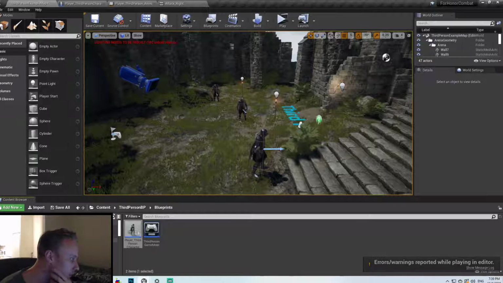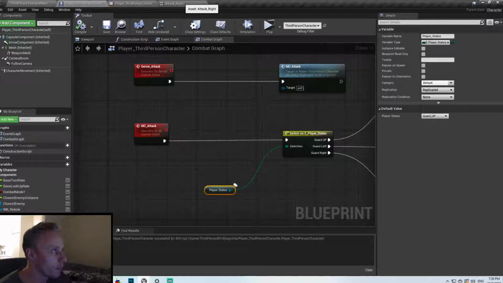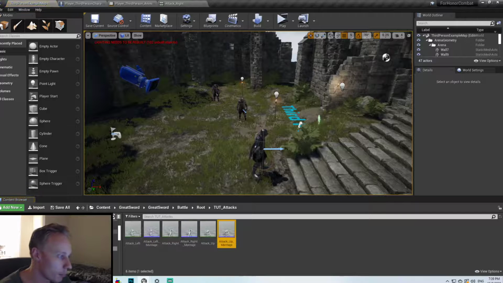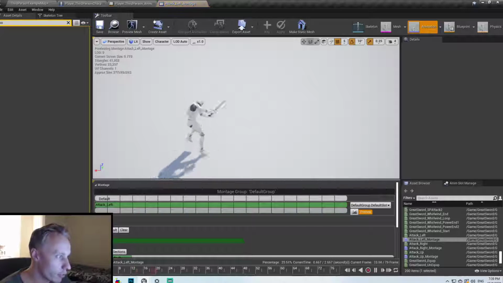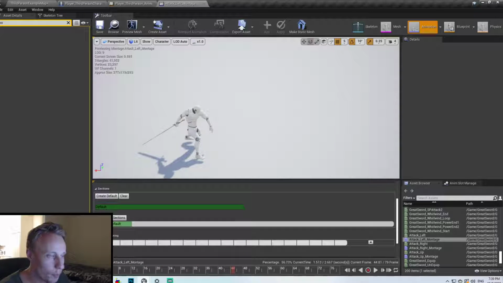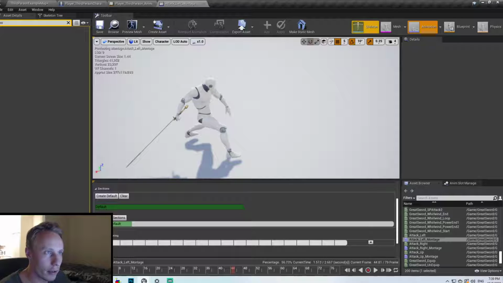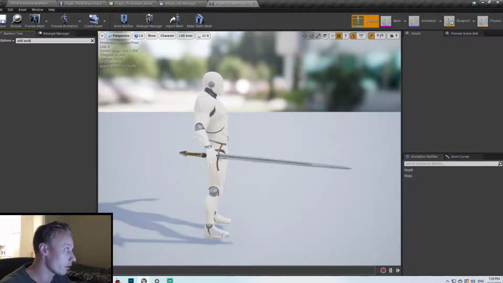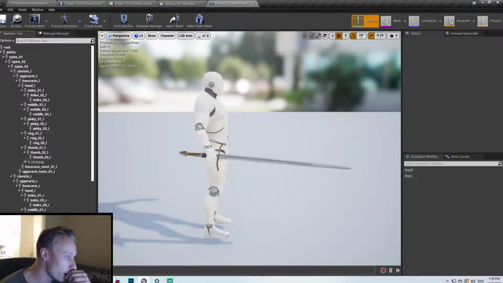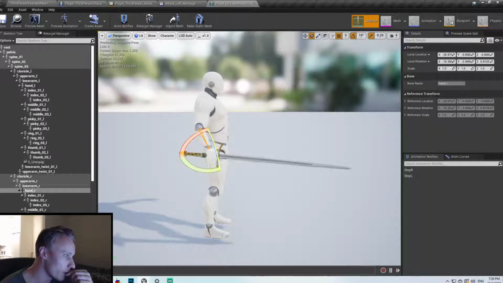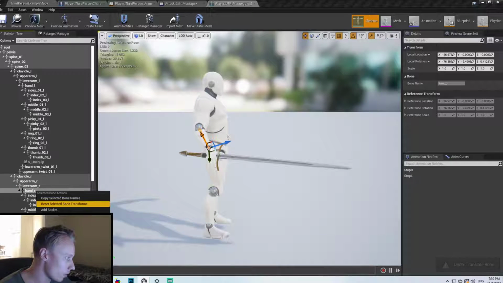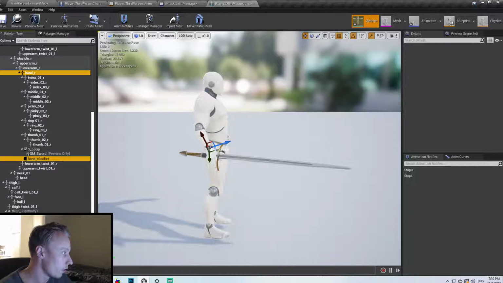And let's add some pizzazz as well. Let's do some trails and things like that just to make it look a little bit better. So in your attack montages, basically go to your skeleton and let's just add socket. Oh, sorry. How do I do this? Add socket. Call this one